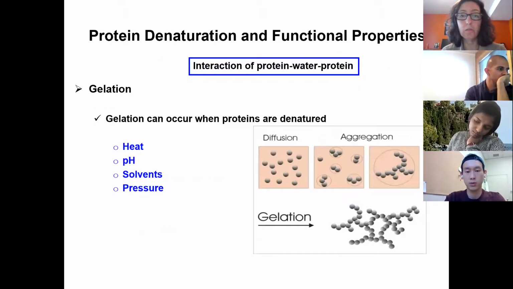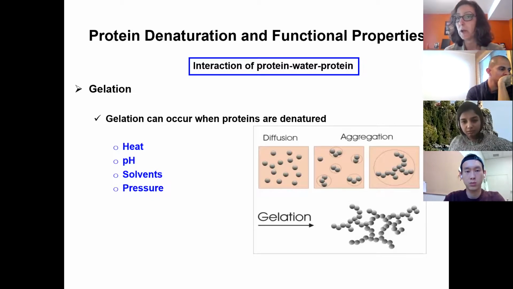So there's thermally induced gel and there's the cold set gel. But thermally induced gels are the most common gels. Yogurt, for example, is an acid induced gel, by reducing the pH to the isoelectric point, and then you get interactions and you form the yogurt that way.